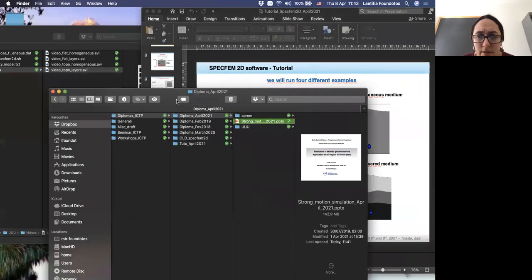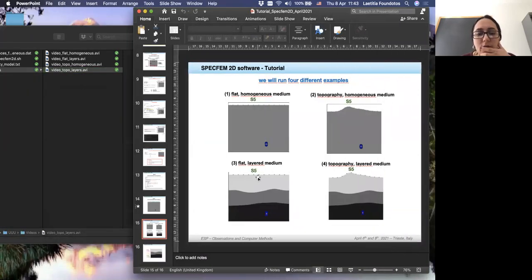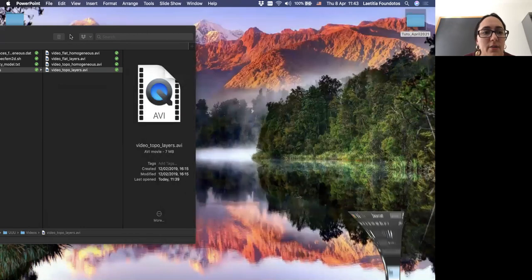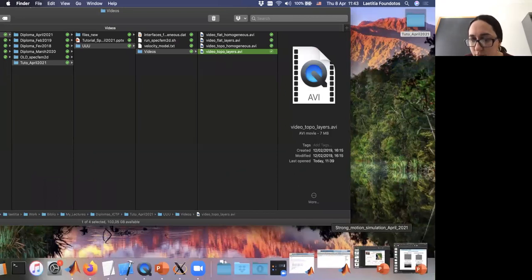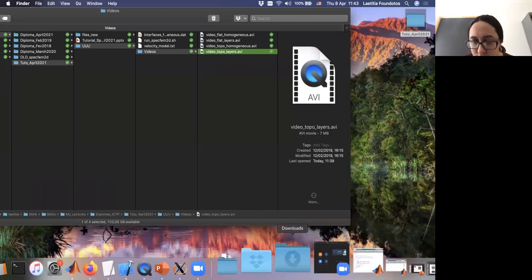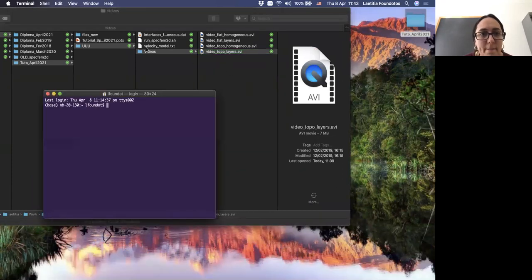So now let's come back here. I have shown you the video of the results for the 4 different configurations. Now we can do something else. Let me open a terminal.